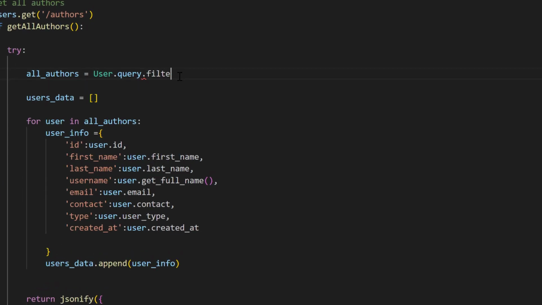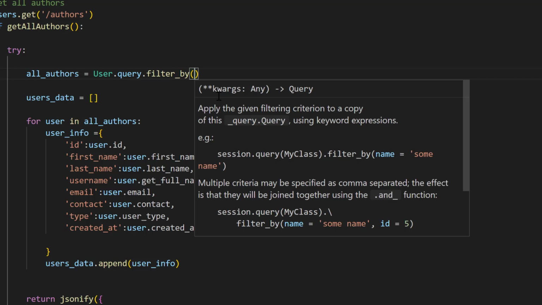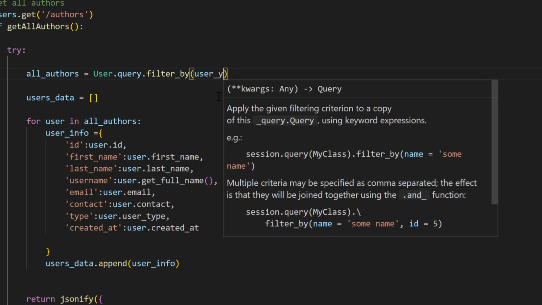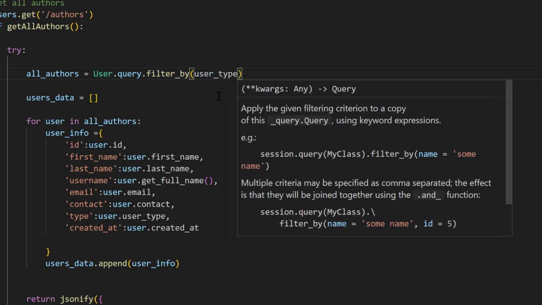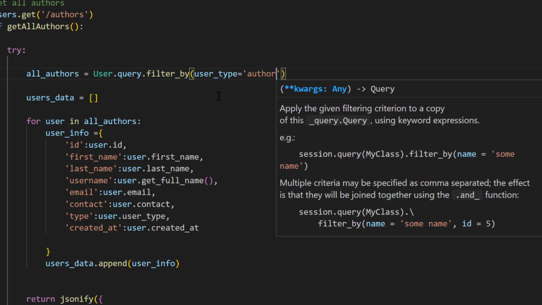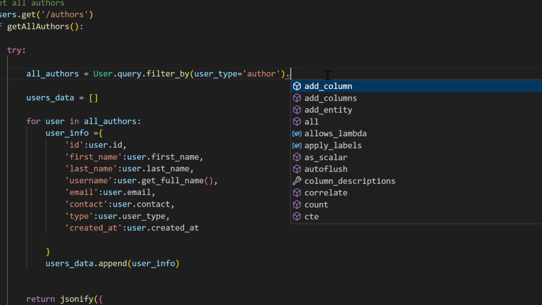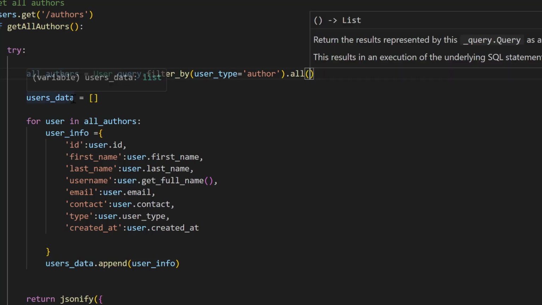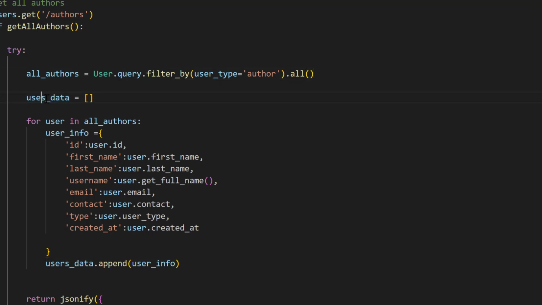user.query.filter_by. We are going to filter the users against the user type attribute, and the value is going to be author, and we shall ensure that we are getting all these users. So I'll pass in the all function. For serialization, this is going to be authors data,